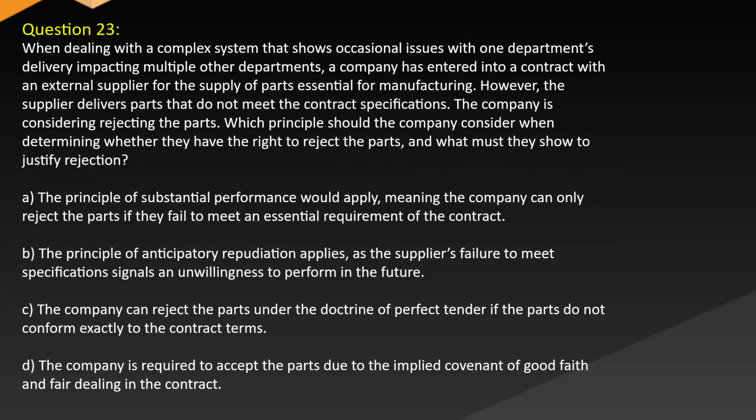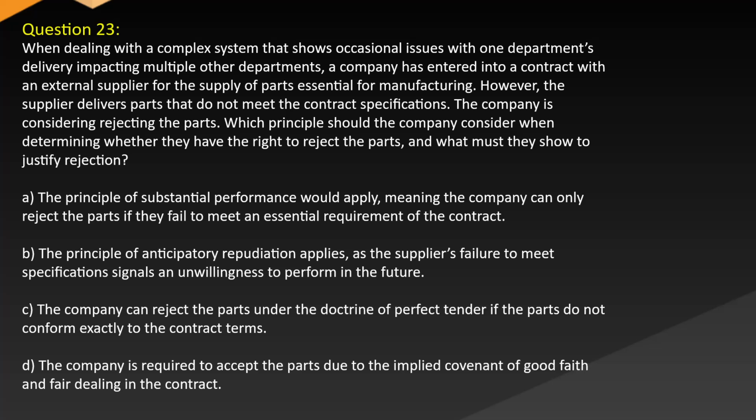Question 23. When dealing with a complex system that shows occasional issues with one department's delivery impacting multiple other departments, a company has entered into a contract with an external supplier for the supply of parts essential for manufacturing. However, the supplier delivers parts that do not meet the contract specifications. The company is considering rejecting the parts. Which principle should the company consider when determining whether they have the right to reject the parts, and what must they show